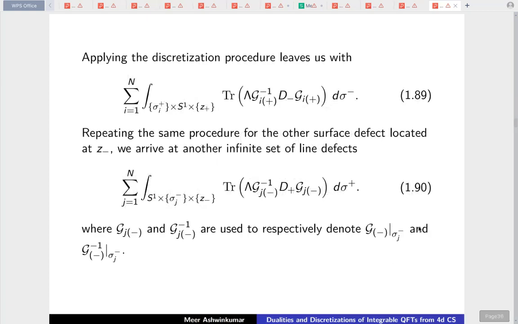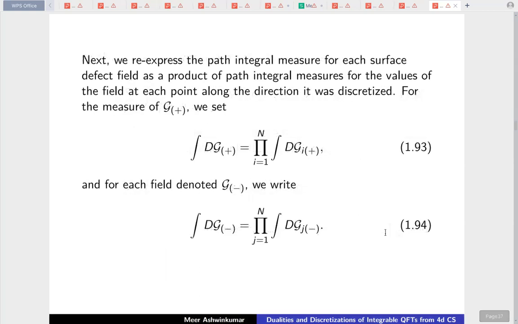The point is that the discretization procedure that I mentioned earlier leaves us with this sum of line operators in the sigma minus direction and another infinite set of line defects in the sigma plus direction, where this G and G inverse are just the restrictions of the field G of the surface defect to the respective line operators. And then we can discretize the path integral measure for each surface defect